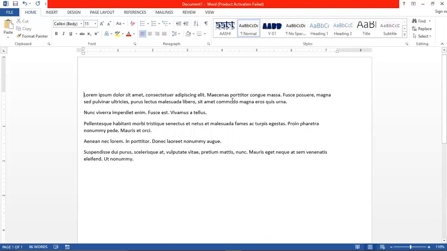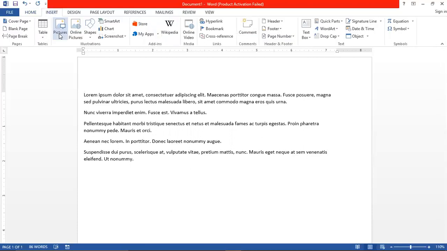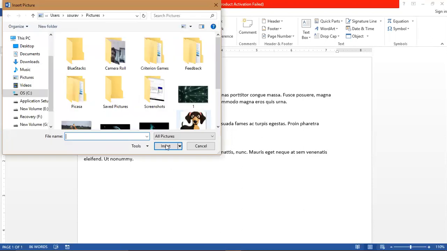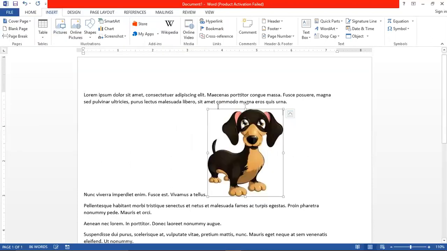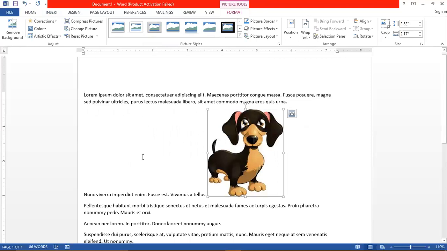Now suppose after writing a text you want to insert one image in the second paragraph at this position where my typing cursor is. So let's go to the insert tab and then click on the picture option. Let's select one picture, click on insert. Now you can see that this much space here is being wasted because the picture size is big and this picture will be inserted in one line only. So this much space taken by this picture is wasted at this position on the left side and the right side of the image.